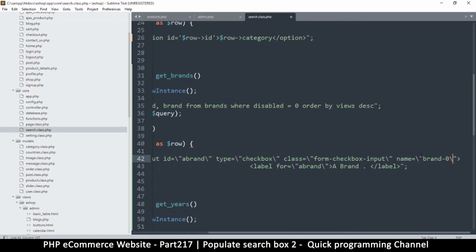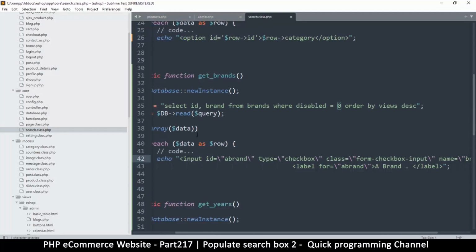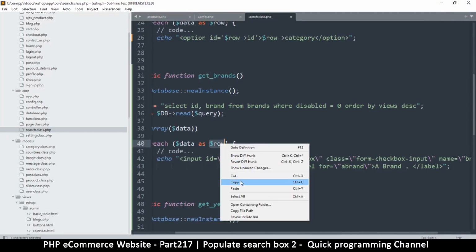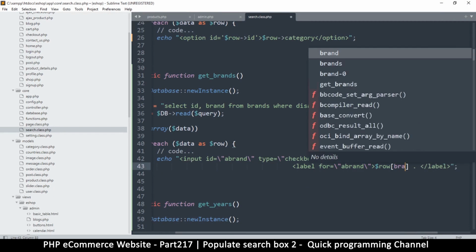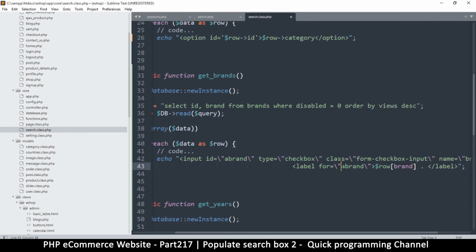And then here, this is the important part. We need a brand and then an index here, right? So what we will do is, first of all, let me echo out the brand name. Let me copy this, copy, and I will put the brand name here. And of course, I will say brand. Okay, so that's the label, and the ID here will be, I think let's get the brand ID and use that instead. So ID,